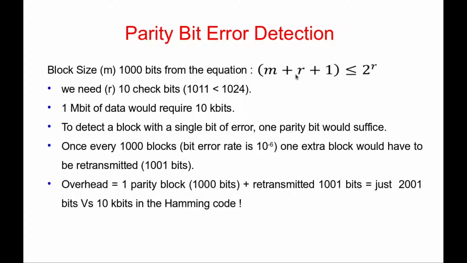We have discussed that with this relation for block size of 1000, and if there are 1 megabit, the number of redundant bits or the check bits would be 10 kilobit. So in comparison to 10 kilobits, with this logic of single parity, we simply require just 2001 bits, which is almost 20% of the previous logic. That's a